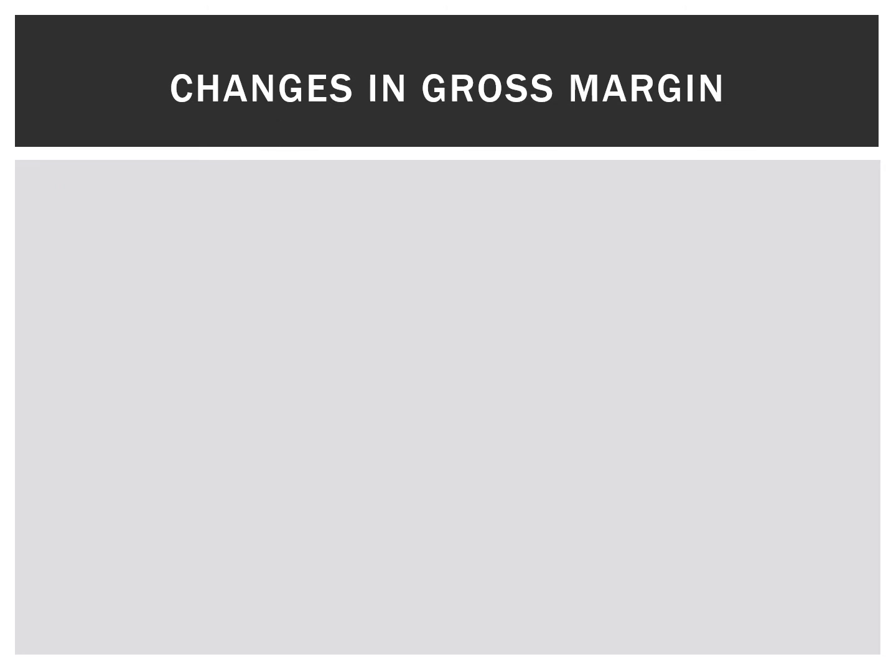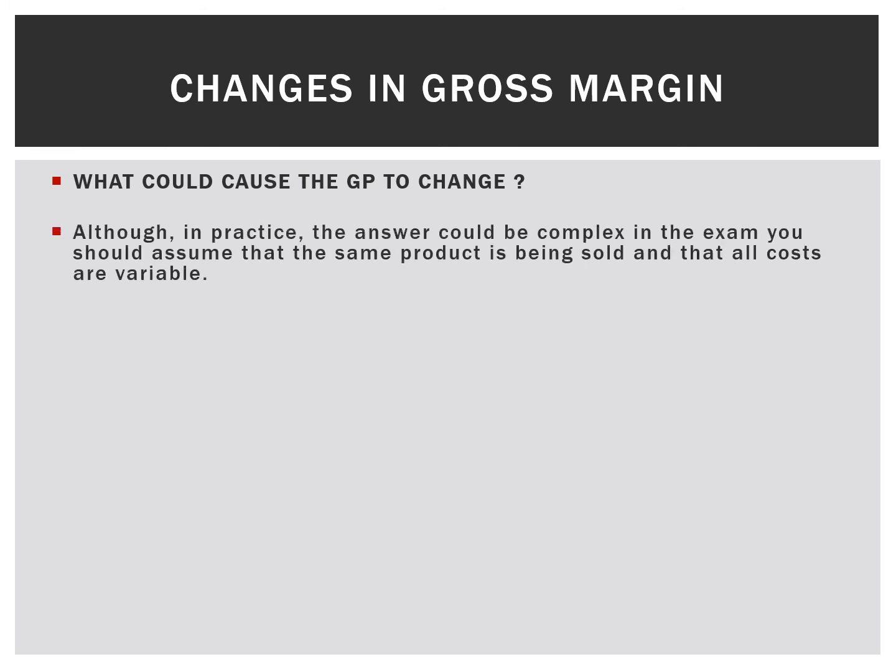So if the increase in units sold doesn't account for changes in the gross profit margin, what could cause that gross profit to change? Now, in practice, as the slide says, the answer to that could be complex if there are many units being sold of different products. The product mix could make a difference to that, and so on. But in the exam, we're looking for